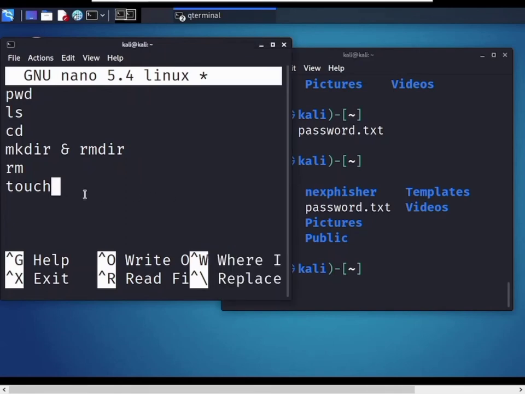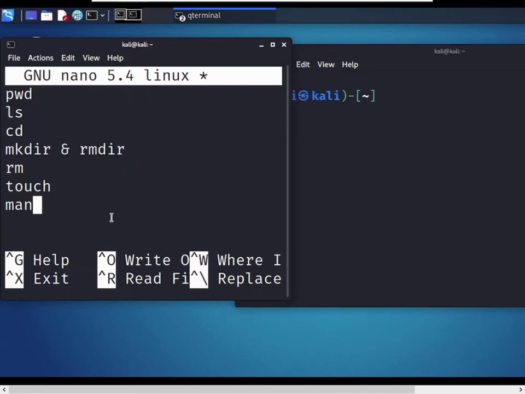Let's move to the next command, man. The man command shows you the manual page of the command.